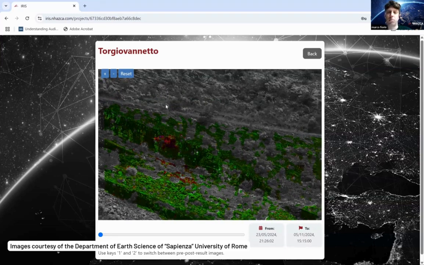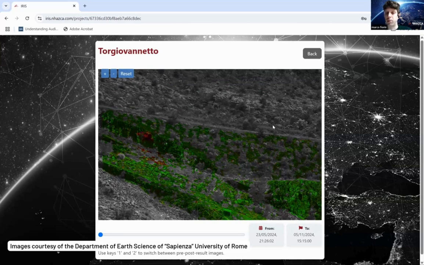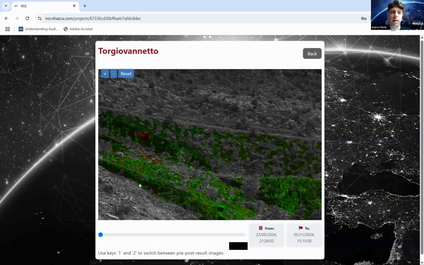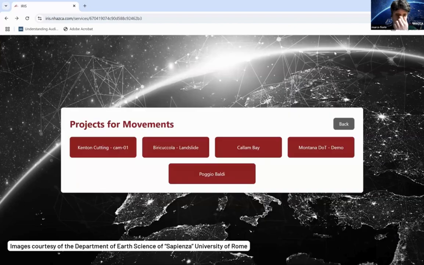We filtered this out by masking out all the portions of the images which have a certain content in terms of color and bandwidth, that is, we filter out the portion of the images that have a bandwidth in color which is close to the green. Last example that I wanted to show you is the landslide in Biricuccola